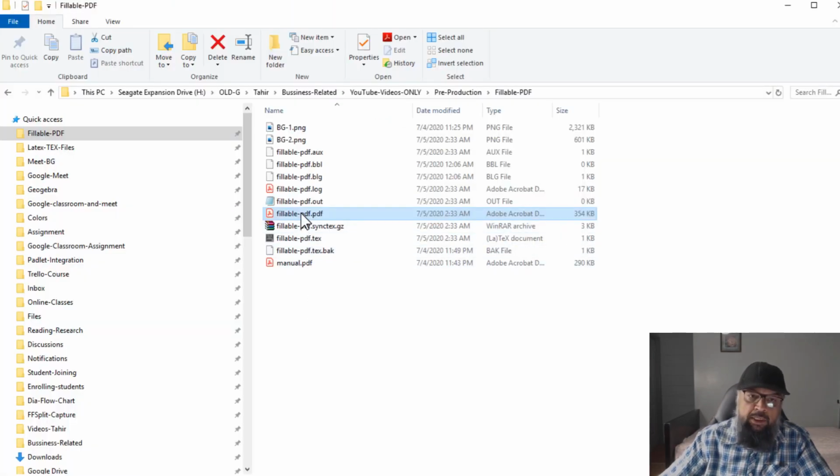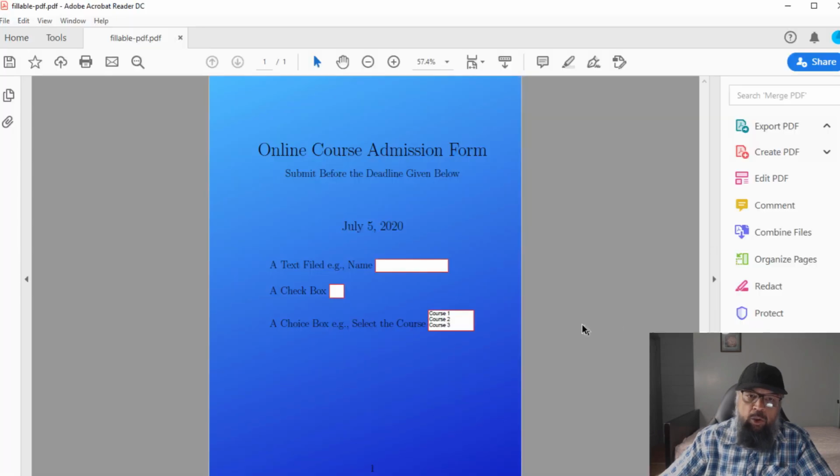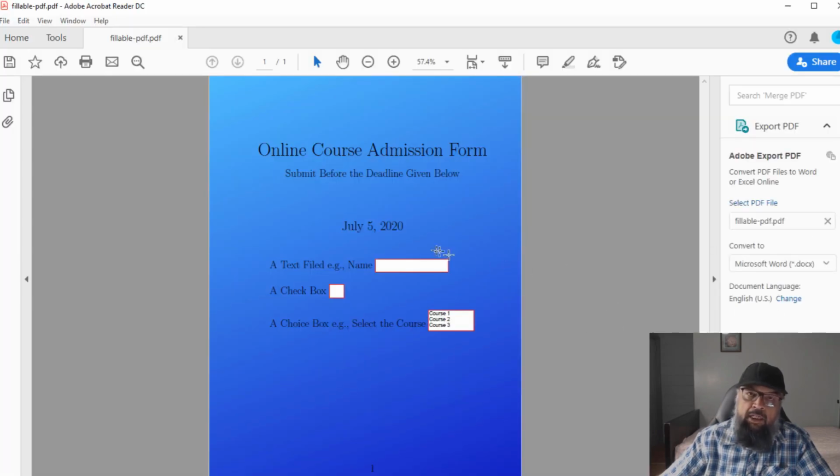And let me open this form once again. Now this is your form, and this is how your actual form will look like, because you can't see these fields inside the LaTeX environment. And now if you want to change a few options, for example the background color of this image, or if you want to put some more fancy things, then what you need to do is go on CTAN.